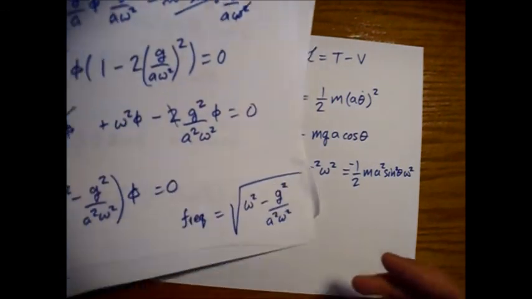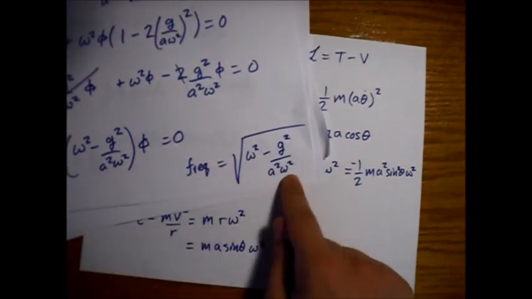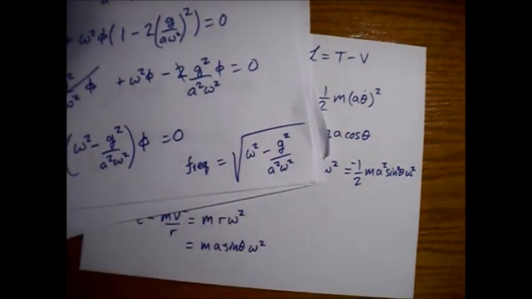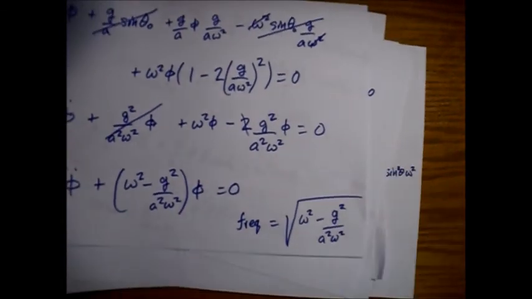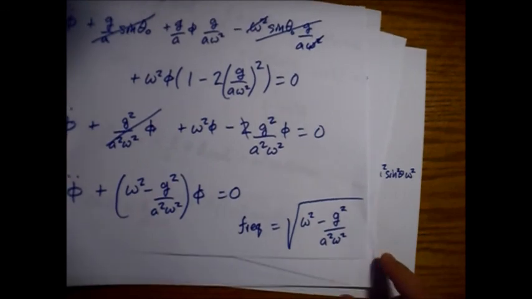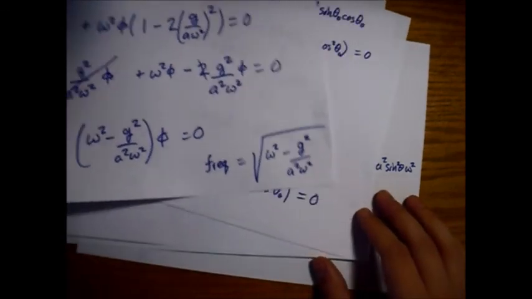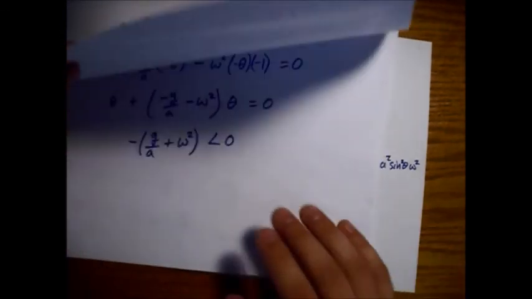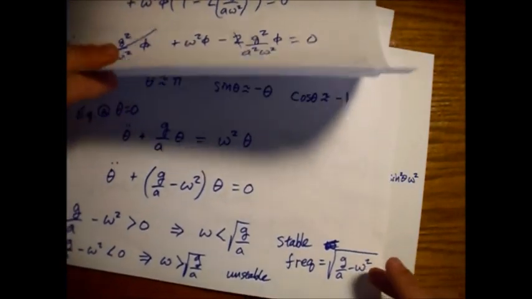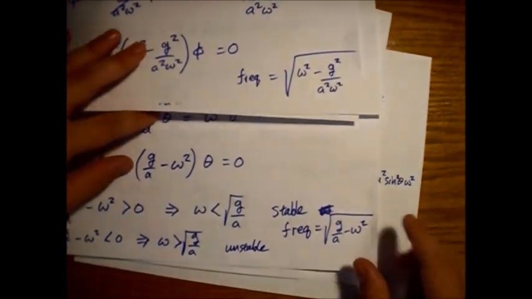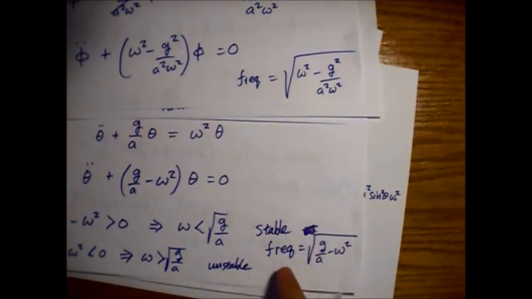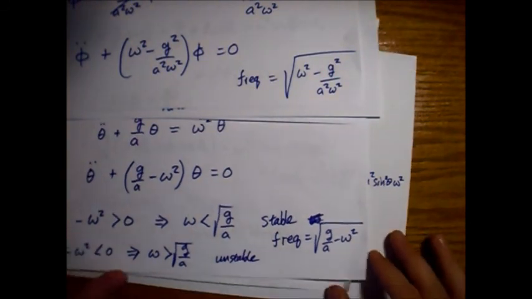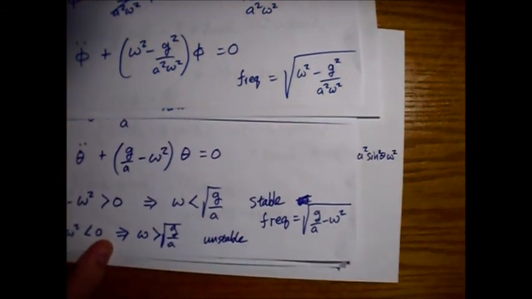Okay, and so here's the frequency for that special angle if we're above the critical rotation angular frequency, or angular velocity, I guess. All right, and then here was the frequency for oscillations about the bottom of the ring if we're below the critical